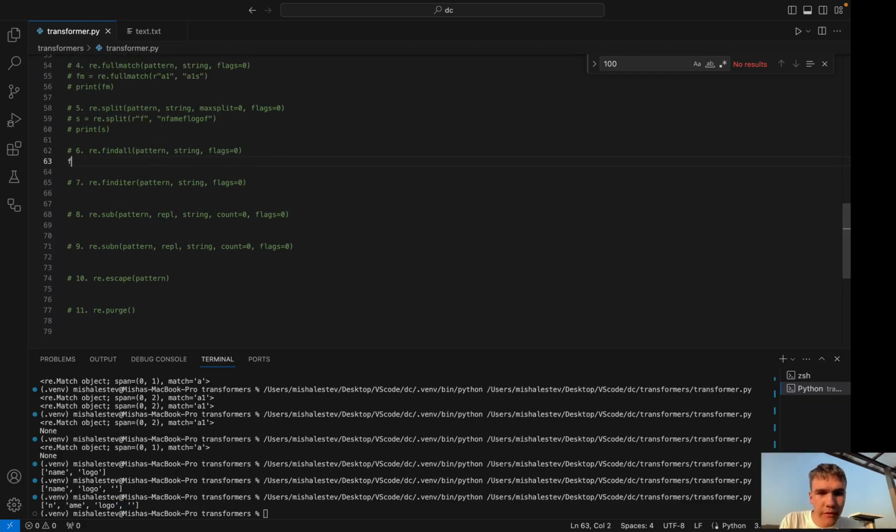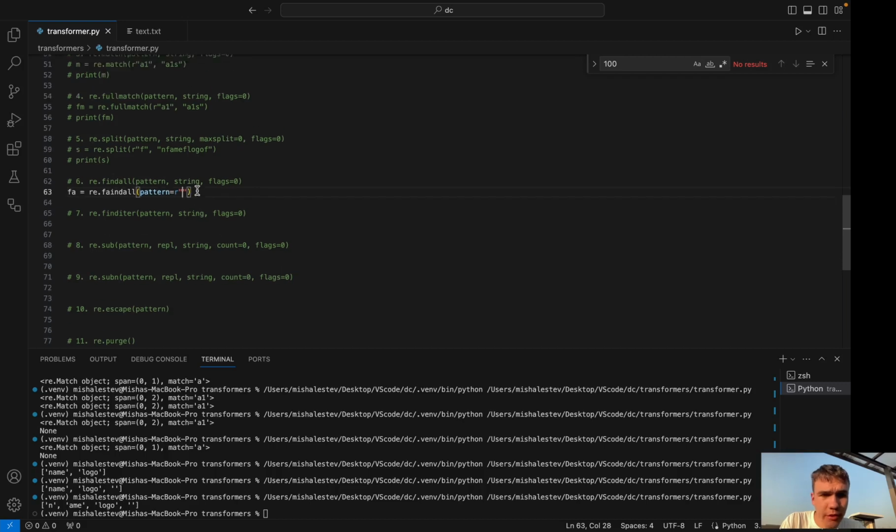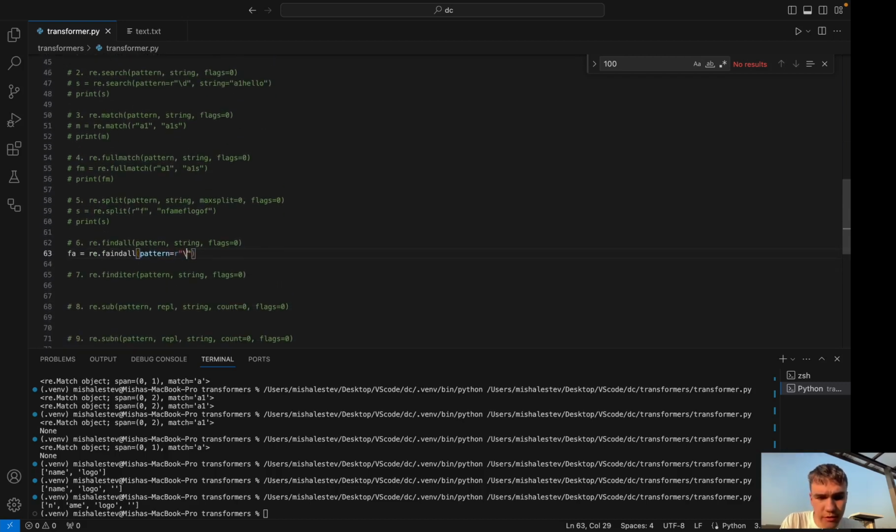Then I'm going to use find all, fa. So fa is equal to re dot find all. We're going to define the pattern and then our string. So the pattern is going to be like, let's use this one, we've discussed it. It just excludes every uppercase, lowercase letter and digits. And then the string is going to be